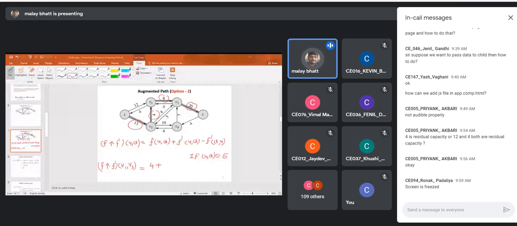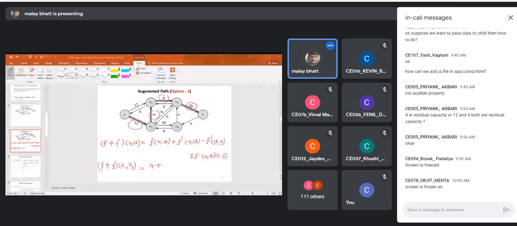Now you are selecting this new augmentation path with values 13, 4, 8, and 20. So that will increase the flow by 4 again. So that is your new value.